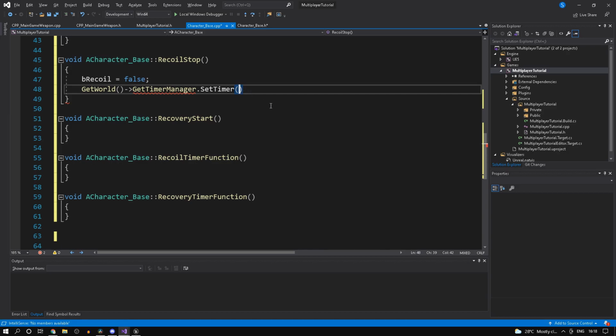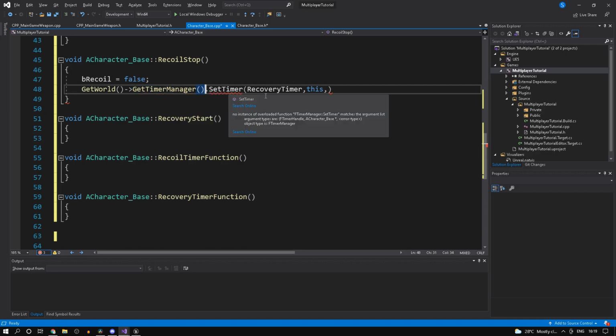Alright guys, so inside of this let's just have a recovery timer, and the object will be this, and the function we'll be calling, let's actually check the parameters and make sure we just have the brackets over there. We have the timer handle, and we'll need our character base.